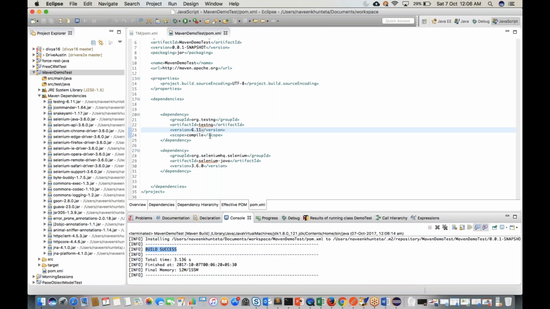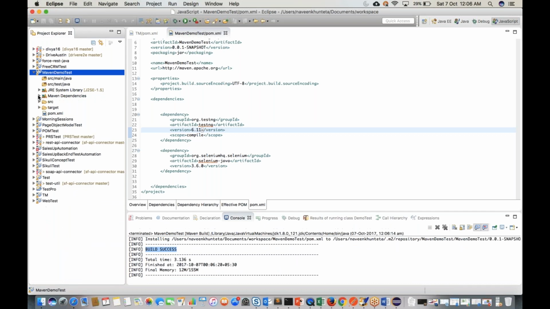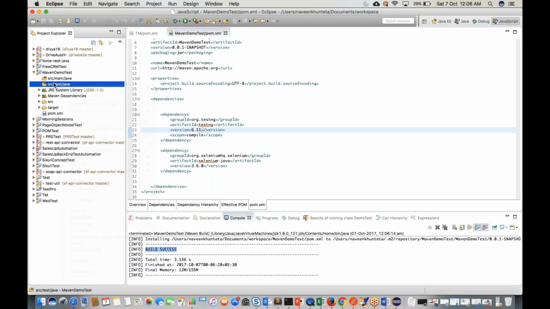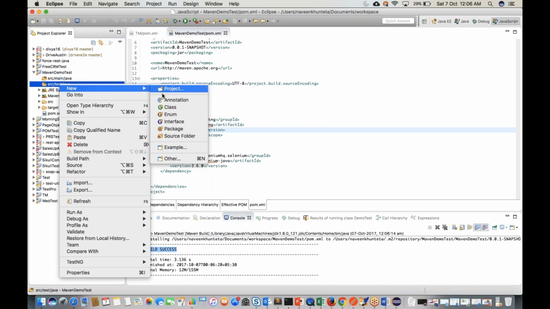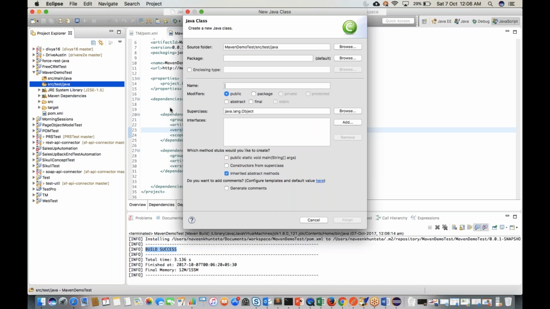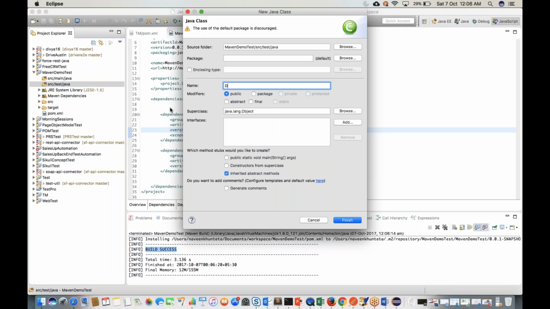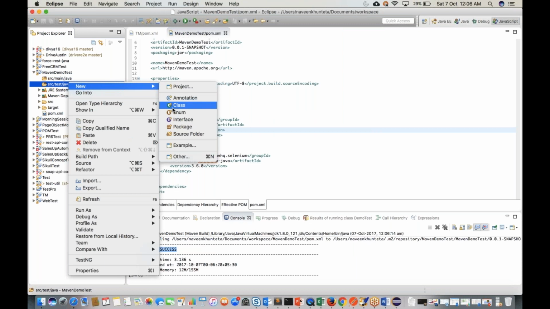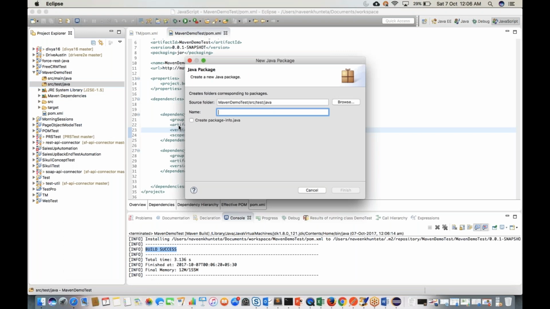So after adding these two dependencies, now we are ready to write the code. So let's say I'll write a simple code. I'll create one src test java. For test cases, I'll write the code over here, src test java. Go to a class. Let's see, I'm creating one class. Let's say I'll create one package first. Okay, it's always good to create the package and then create the classes. Let's see, my package is